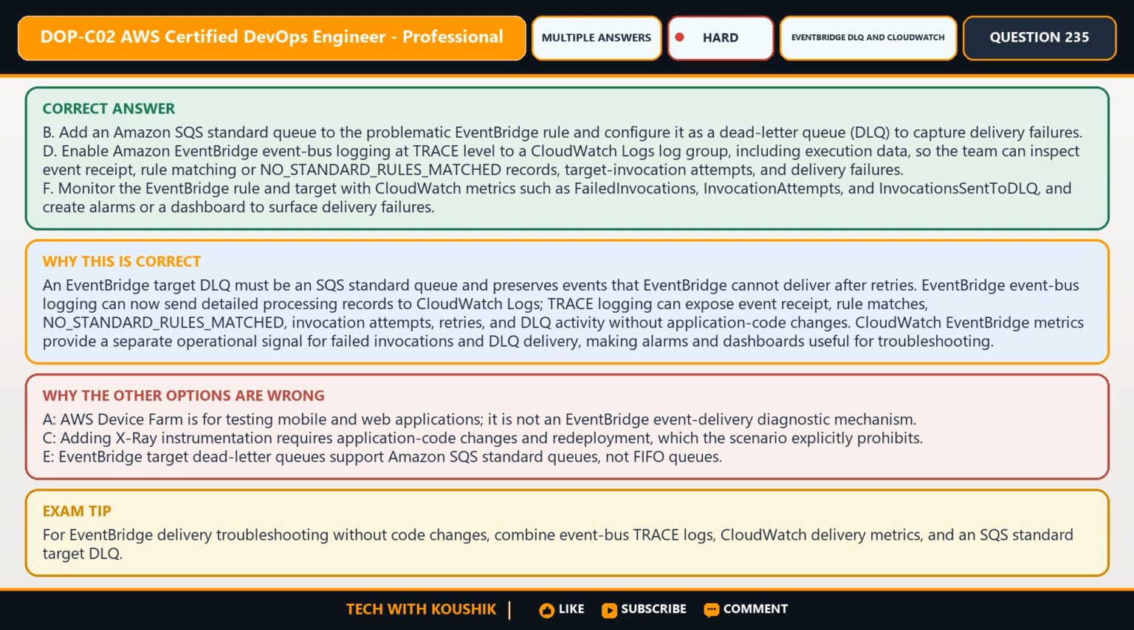EventBridge event bus logging can now send detailed processing records to CloudWatch logs. Trace logging can expose event receipt, rule matches, no standard matched, invocation attempts, retries, and DLQ activity without application code changes. CloudWatch EventBridge metrics provide a separate operational signal for failed invocations and DLQ delivery, making alarms and dashboards useful for